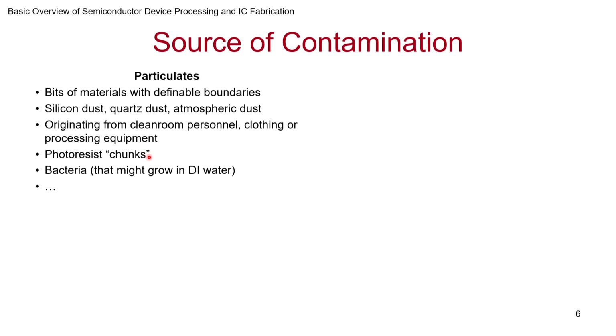Photoresist chunks, this is a very common source of particulate contamination, because at the edges of the wafer it forms beads, and while we try to remove it, and we'll be seeing how to remove photoresist remnants, sometimes some things may remain and they may become particles which will come and cause problems. Sometimes even bacteria can be found. We use DI water, and as our dimensions are going to sub micrometer and nanometers, a bacteria which will grow in the water may end up being a contaminant. So we have to be extremely careful on this.